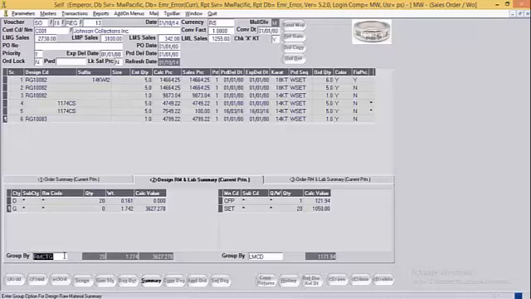Here the group by option selected is RM category. So we are getting the details as for diamond 20 stones 0.161 carat, and for gold the weight is 1.742. The value of the same is 3,627. The labor value details for the given design.